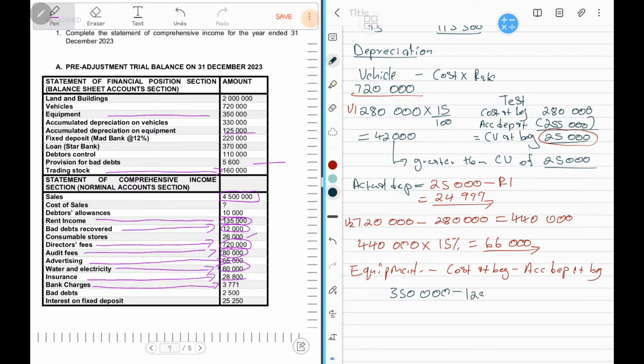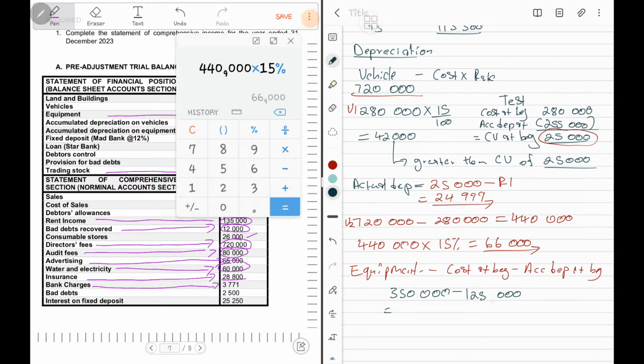Then we subtract the accumulated depreciation of 125,000. Then that gives us how much? Then it's 350,000 minus 125,000. Then that gives us 225,000. Then we multiply that by 20%. Multiply by 20%, that gives us